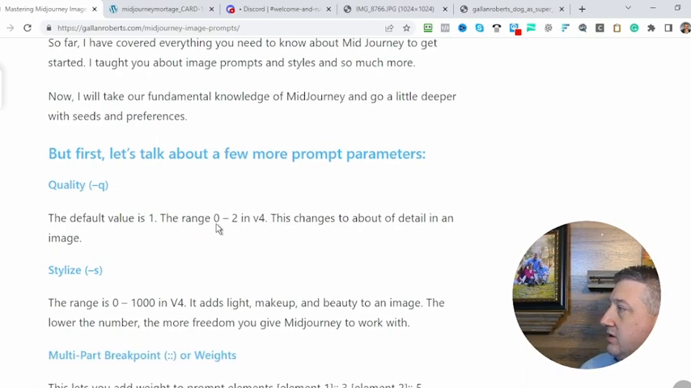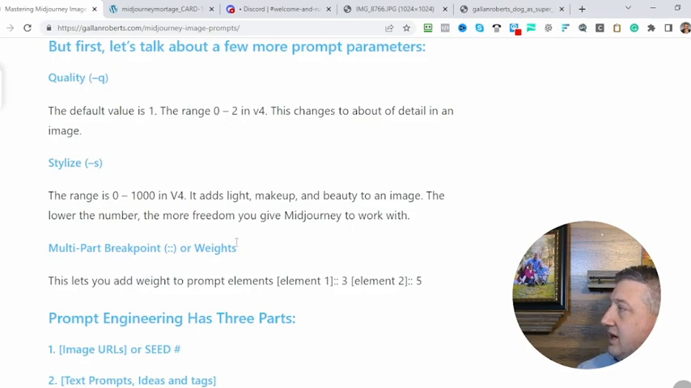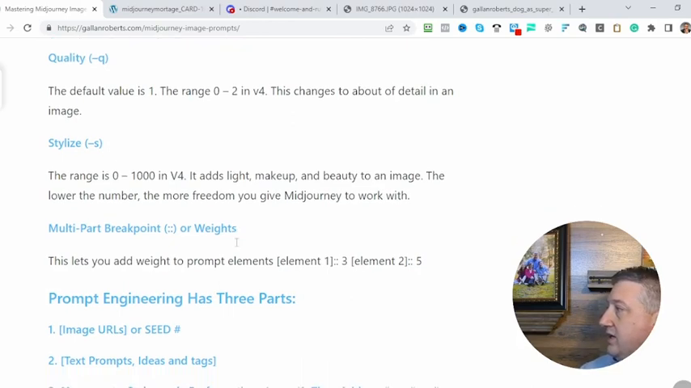The quality score. The quality is default at 1, but it can range from 0 to 2 in version 4, which is the one that we're using. And stylize can go from 0 to 1,000. So the more stylized, the more freedom that you give Midjourney to work with your image. So the higher the number, the more freedom Midjourney has to do variations on the prompt that you give it. Then I want to talk about the multi-prompt or the weight